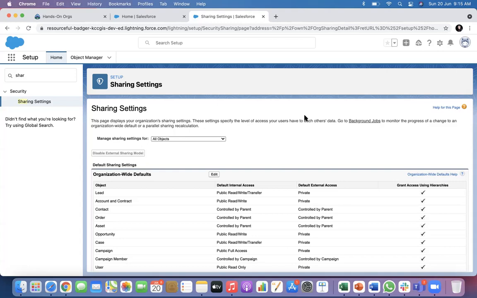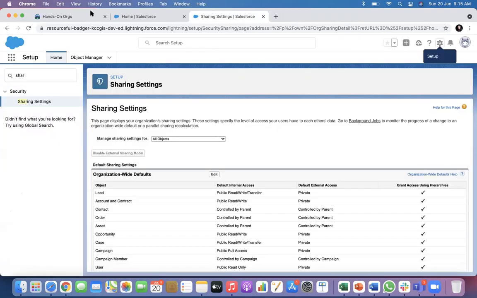Animesh, if there is a group of people, some employees, who have been given the same profile, but the permission should not be there to see each other's records, then how? If the profile is the same and OWD is set to private, in that case they cannot see each other's records. Who is the owner? That is a good question, right?